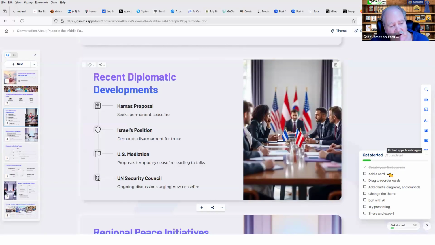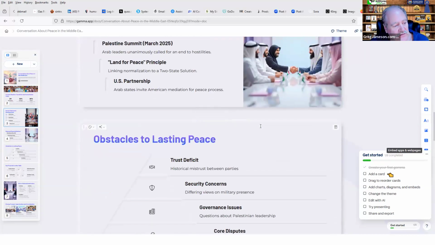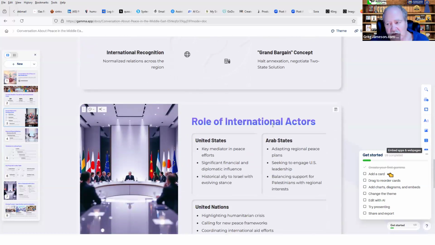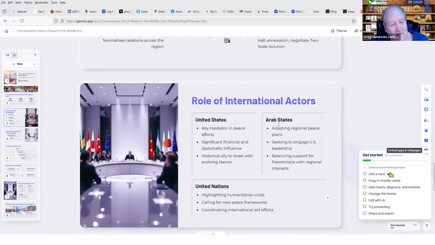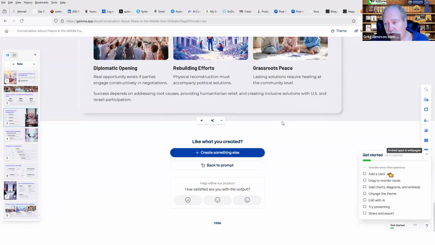Once you've done that, you could edit this and put in a video here if you wanted to instead of this, but it does a pretty good job of actually creating the entire starting point for you for a presentation. And if you give it a good enough description, that could actually be the starting point for either a webinar type of situation, a public presentation, or it could be the start of an online course.